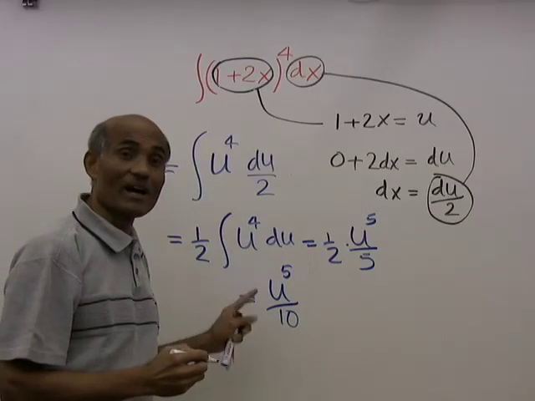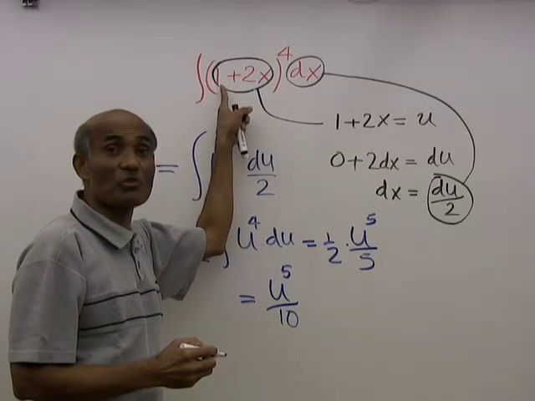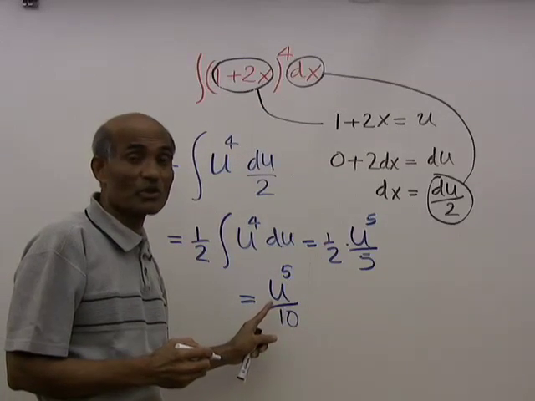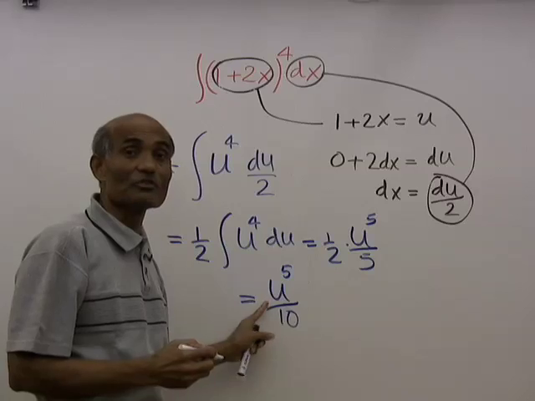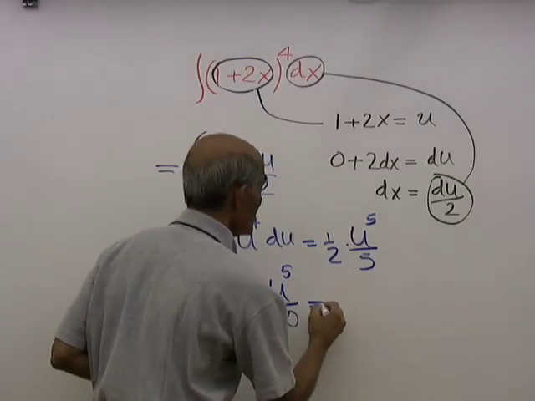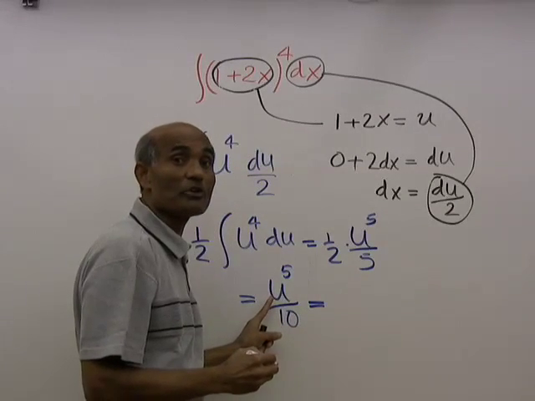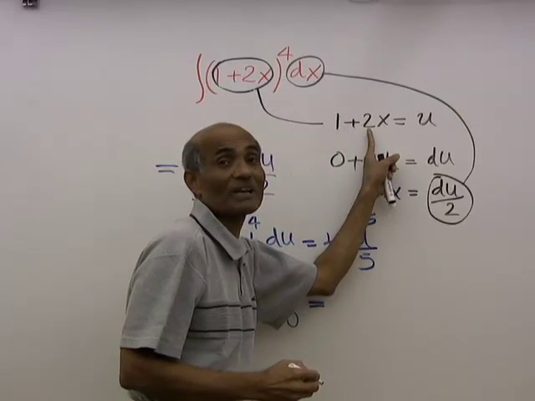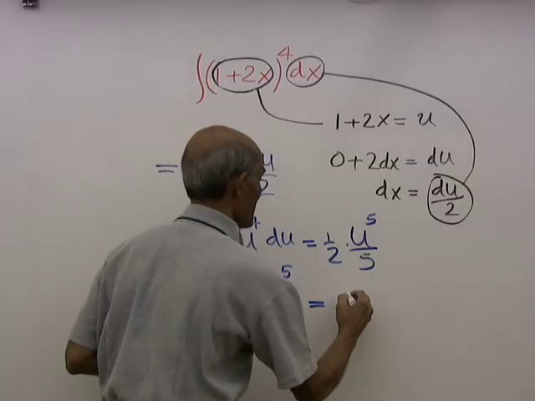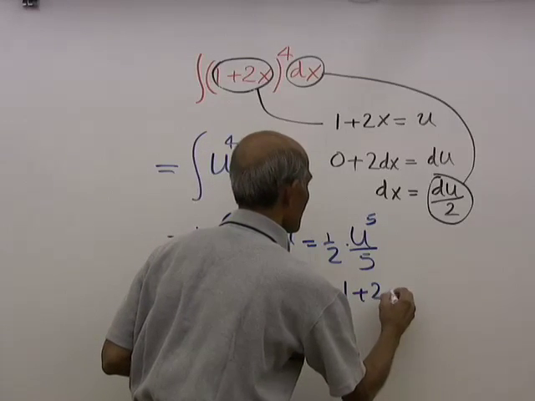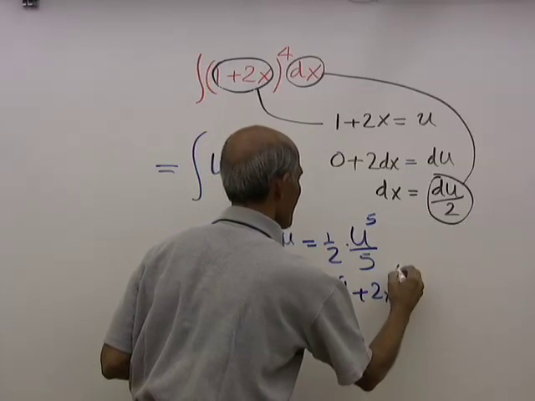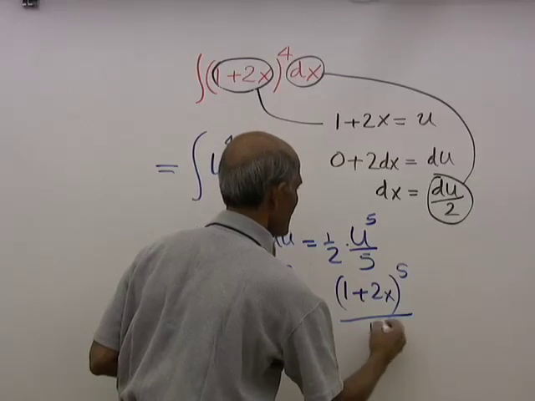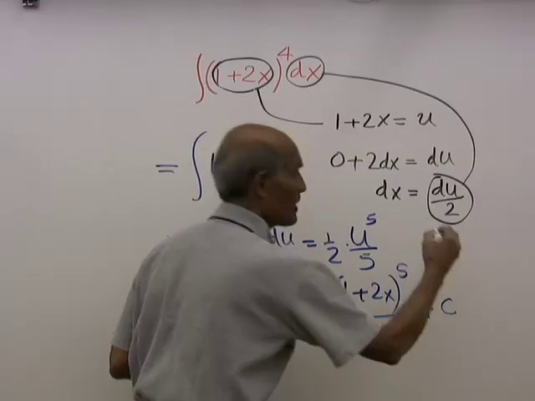But we want to integrate this quantity. Our answer should not be in terms of u. So what all we now need to do is bring back our u. Our u is 1 plus 2x. So replace our u, that will be 1 plus 2x to the power of 5 over 10 plus our constant